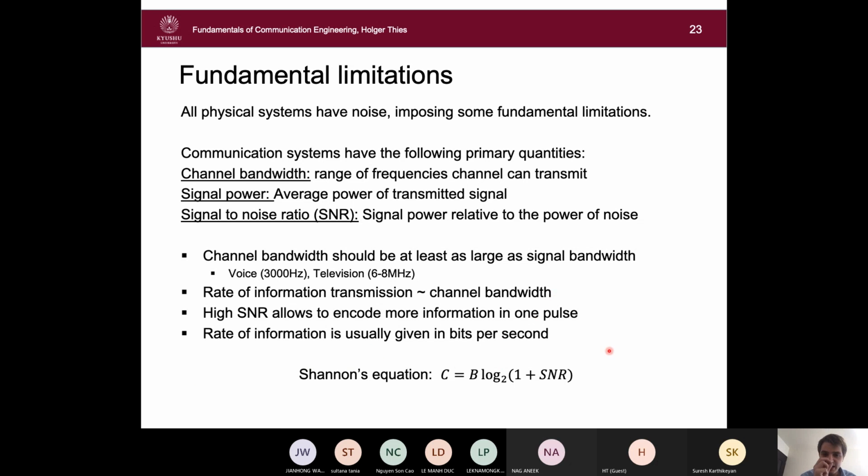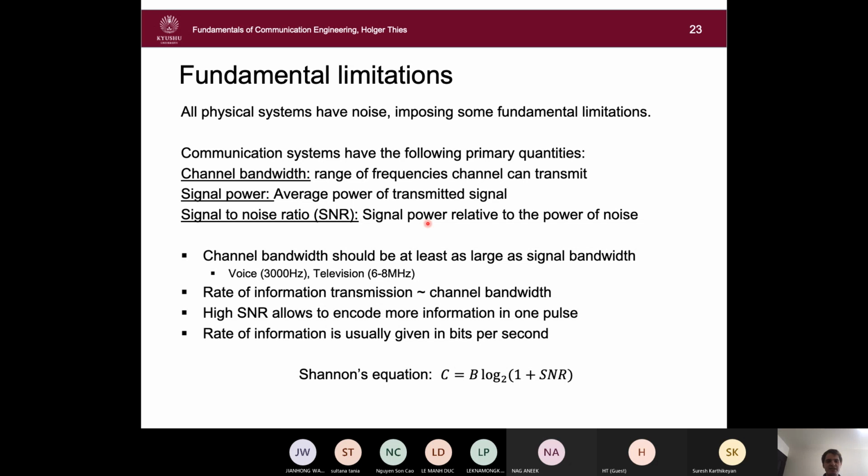On the other hand, there's also a relation with the signal to noise ratio. The intuition behind that is that if the signal is much stronger than the noise, then we have more steps. We can encode the message in steps of the noise, because if the signal is weaker than one step of the noise, then we cannot distinguish between two values. But if we have more multiples of the noise available,